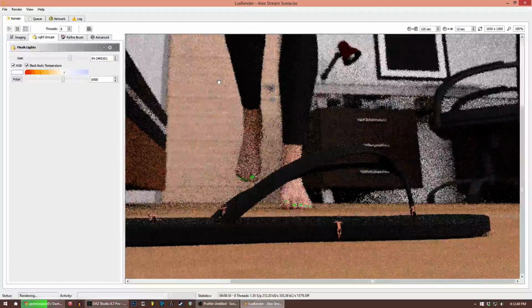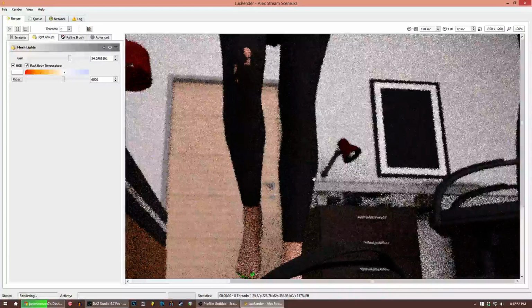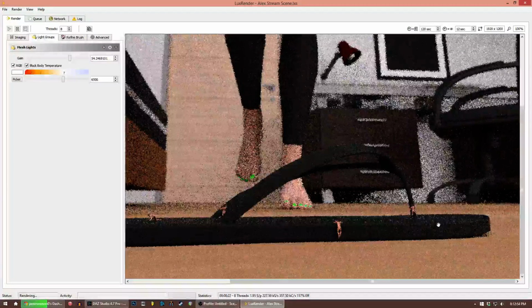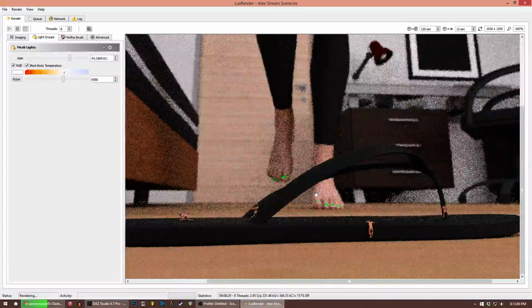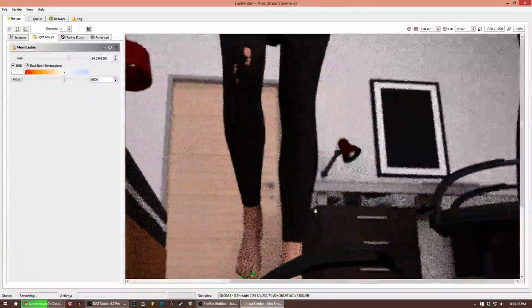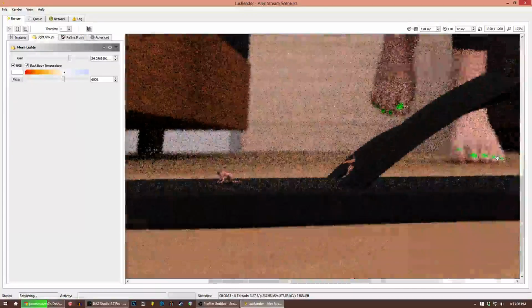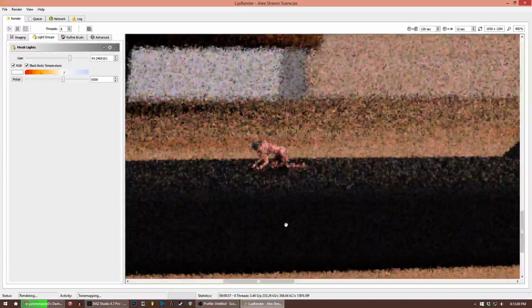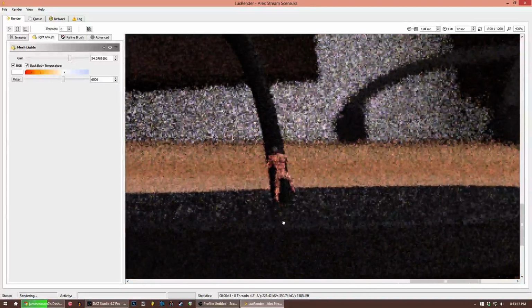Alrighty, that's looking better. Yeah, the glossiness in the flip-flop looks okay. You can see her feet pretty clearly from here. All this looks pretty good. Other than the graininess, of course, but